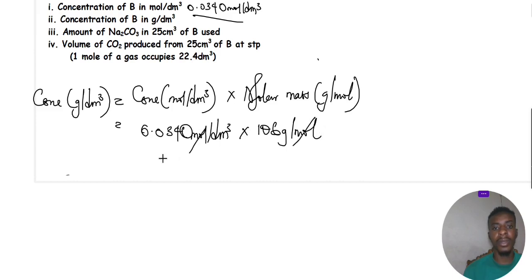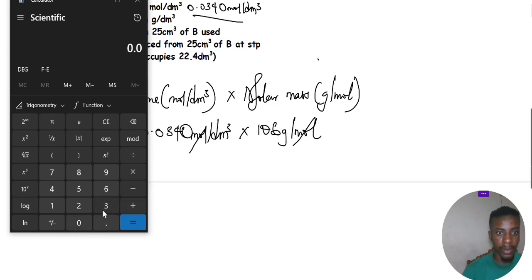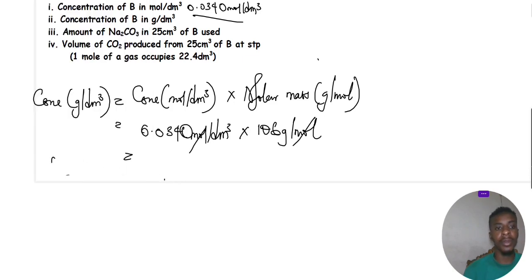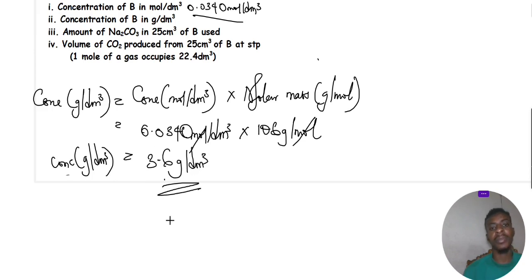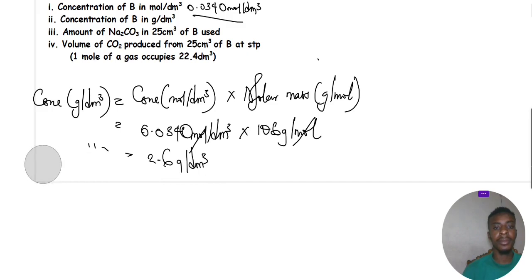When you multiply both together, let's do it so that we'll get the answer. That is 0.0340 times 106. We have approximately 3.6 grams per dm cube. So concentration in grams per dm cube is equal to 3.6 grams per dm cube. That is our concentration in grams per dm cube. We'll go over to the next one,